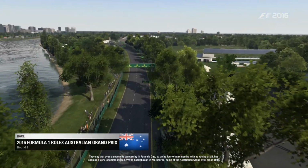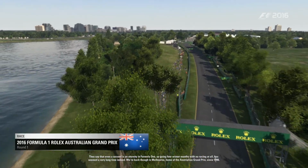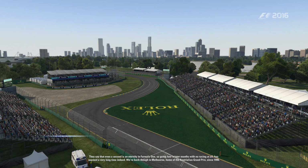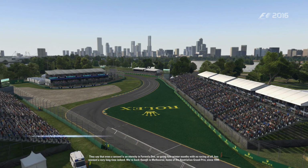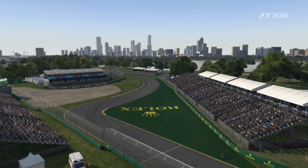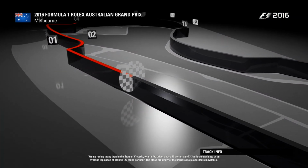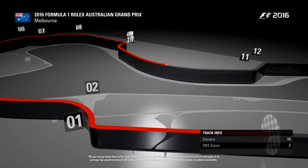They say that even a second is an eternity in Formula One, so going 4 winter months with no racing at all has seemed a very long time indeed. We're back though in Melbourne, home of the Australian Grand Prix since 1996. We go racing today then in the state of Victoria, where the drivers have 16 corners and 3.3 miles to